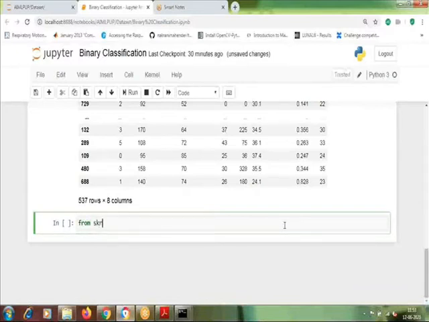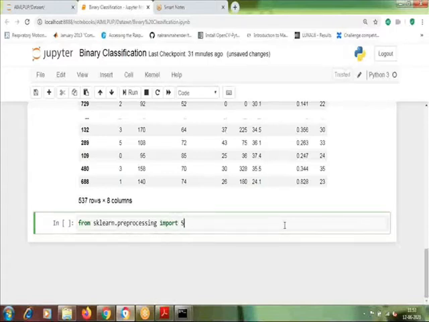So from scikit-learn, you need to use preprocessing, because what we are doing now is preprocessing the data set. So from sklearn.preprocessing, you need to import a scaler.